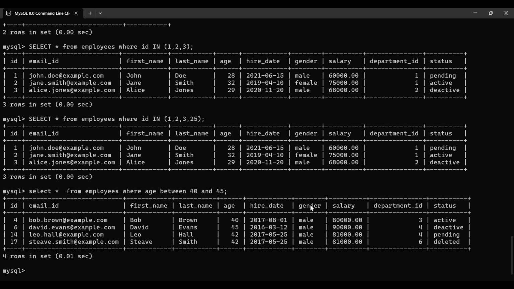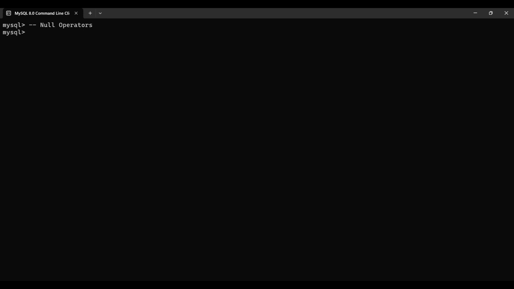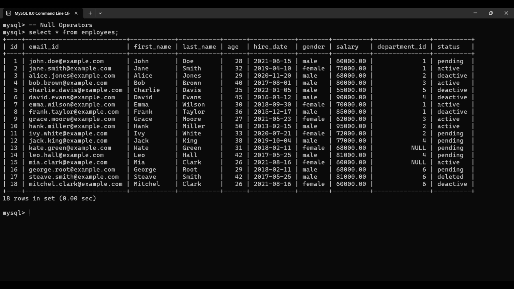Next set of operators is called null operators. The null operators are IS NULL and IS NOT NULL. Here we use select ID, email ID where